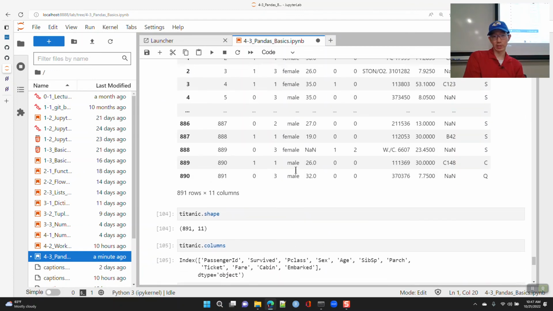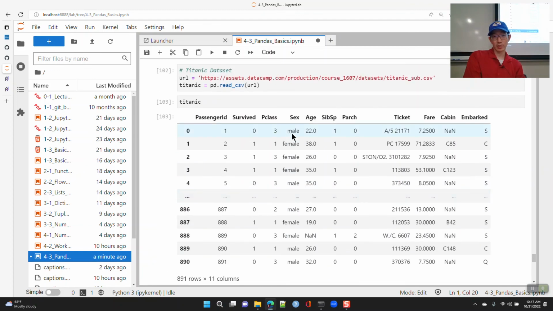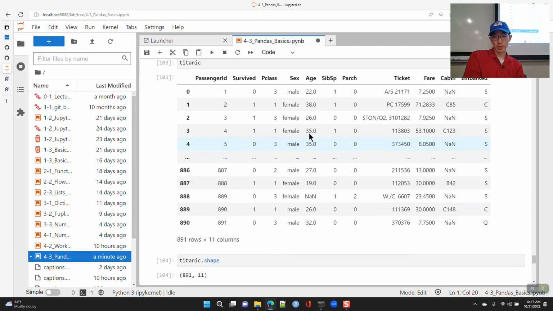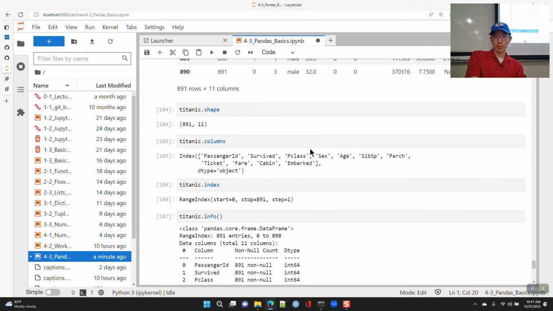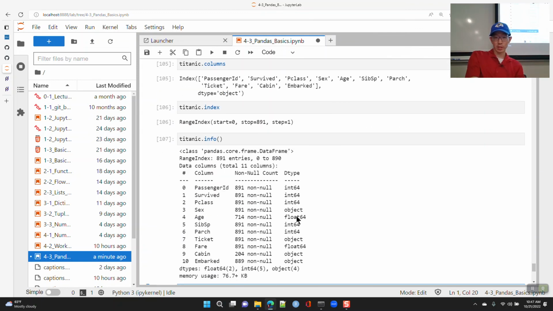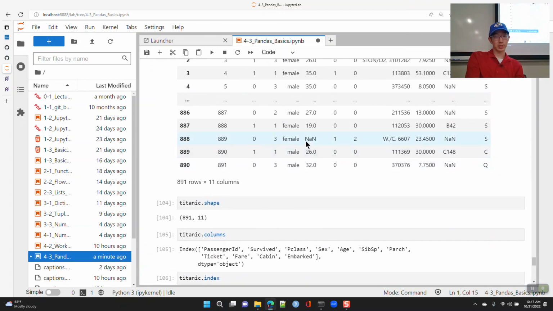So you've got ints, and over here, notice age. Inside the data frame, the ages are integers, everyone's going to have a .0, but because we have some missing values, it's going to insert nans for those missing values.